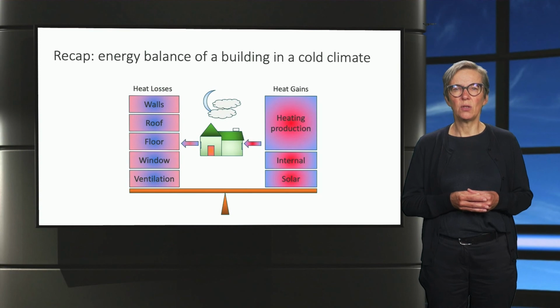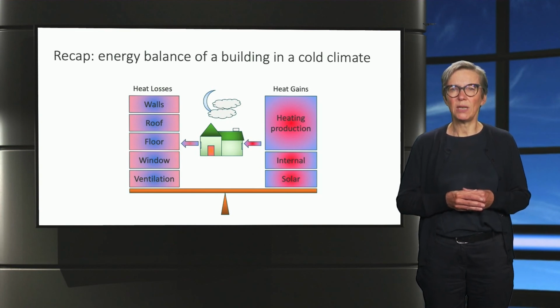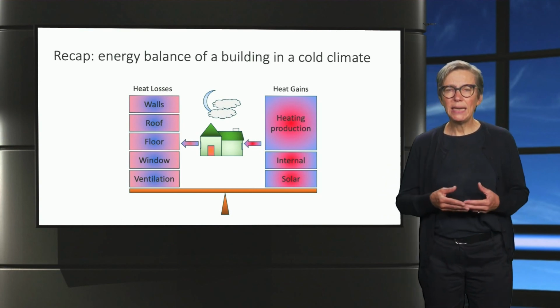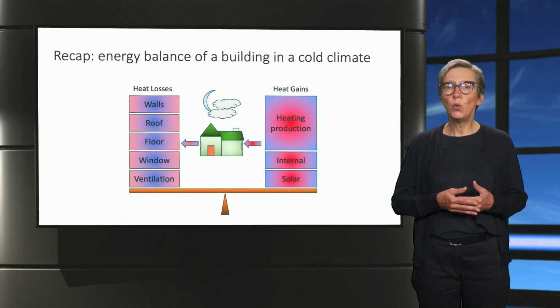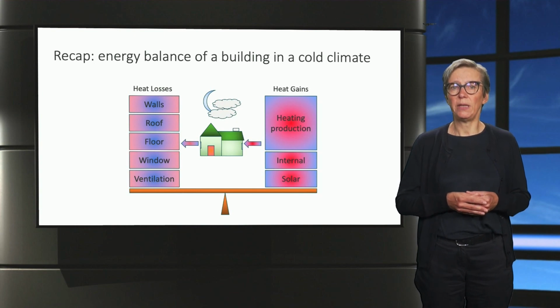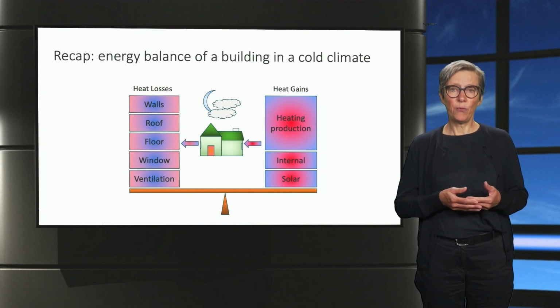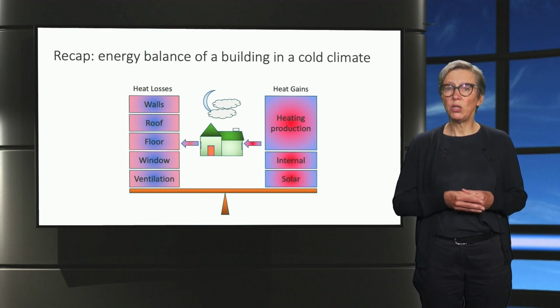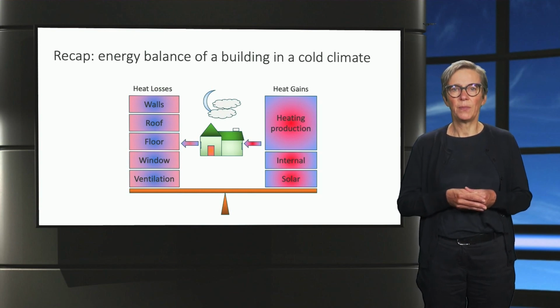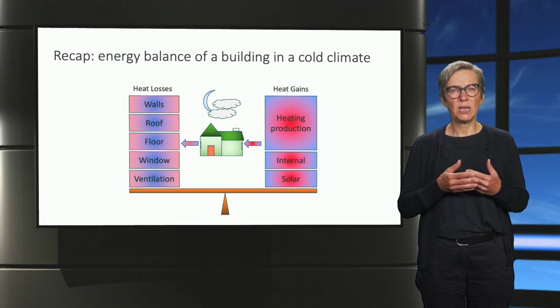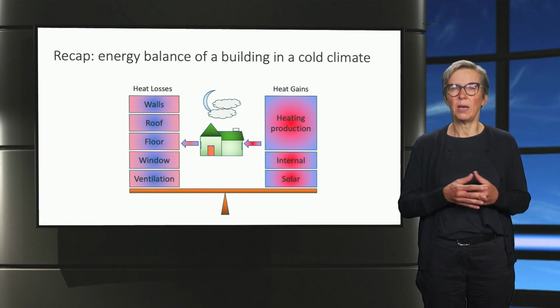In cold climates, according to the laws of heat exchange, a substantial amount of energy is lost, or rather more precisely, escapes from buildings to heat the outside air. Energy mainly escapes through the walls, roof, floors, and windows of buildings. These are the so-called transmission losses. Therefore, if we want to reduce the energy demand for heating, we need to focus on reducing transmission losses. In this video, I will discuss an example for a building in a cold climate.